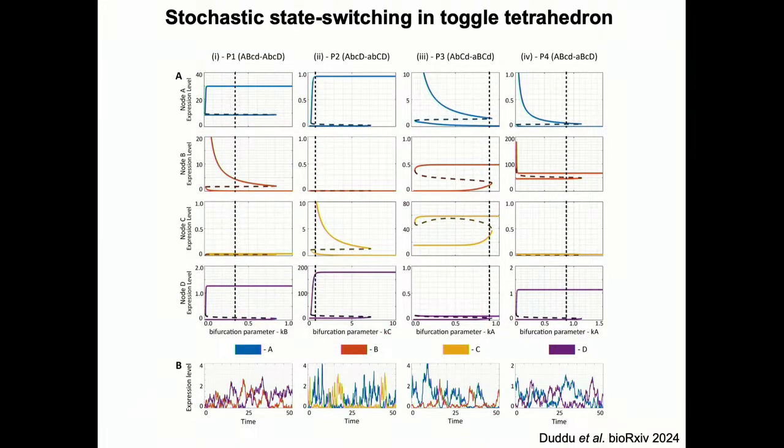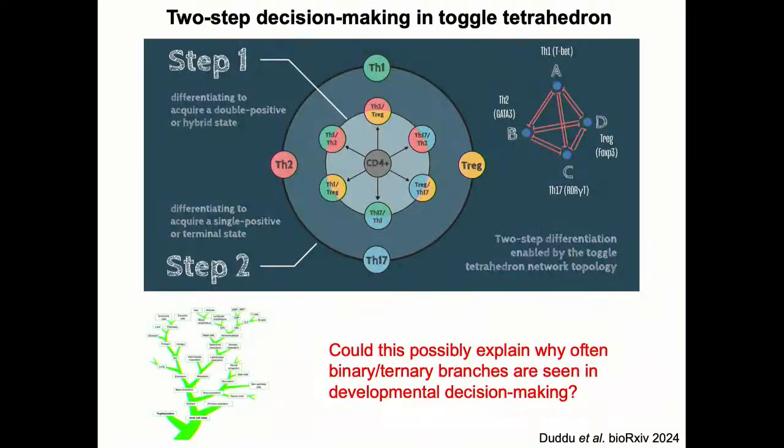You could do stochastic simulations, and you can see that only 2 elements are switching at a time. So there are 2 elements which remain constantly low or constantly high, and 2 which switch from high to low or low to high. So basically what we are saying is that in this kind of a structure, you first choose any of the 6 double positive states and then eventually go to one of these 4 positive states.